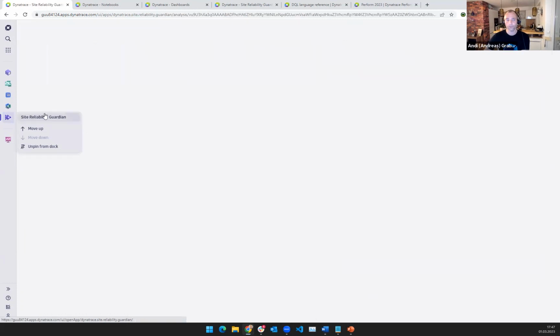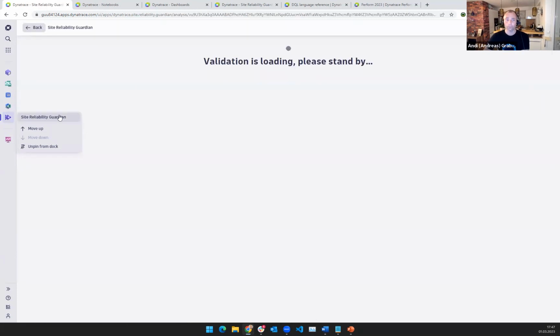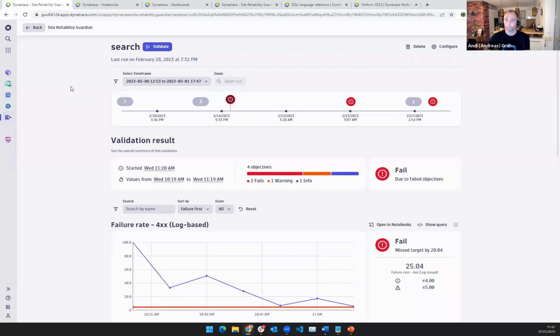And I'm pretty sure the Site Reliability Guardian will be its own topic in a couple of weeks, because I will be doing a couple of additional sessions. This on its own is going to be, I think, a major game changer for most of you that are responsible for reliability of your apps and services. But we want to just show you, we're just building apps like you would do as well. All right.